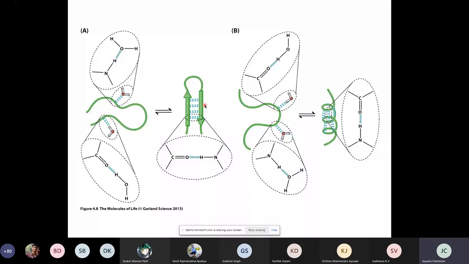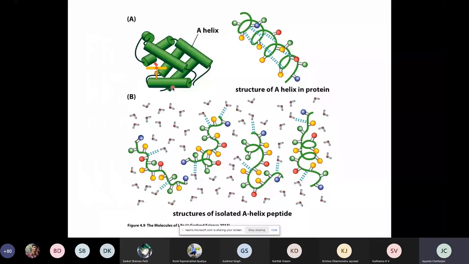Now, this is exactly what happens when proteins fold. So, see, these amino acids, the hydrophobic amino acids, to whatever extent they were solvated, they were not in proximity. But when the proteins start to adopt a folded structure, these amino acids come close to each other, and then the water molecules are sort of away from each other, okay? And then that leads to the folding of the protein. And that is why when you look into globular proteins, you will see that in the interior of the protein, hardly